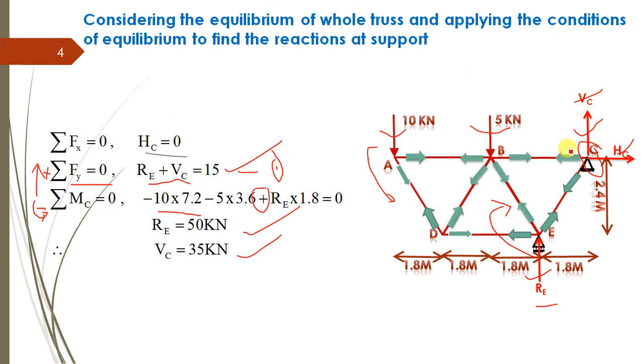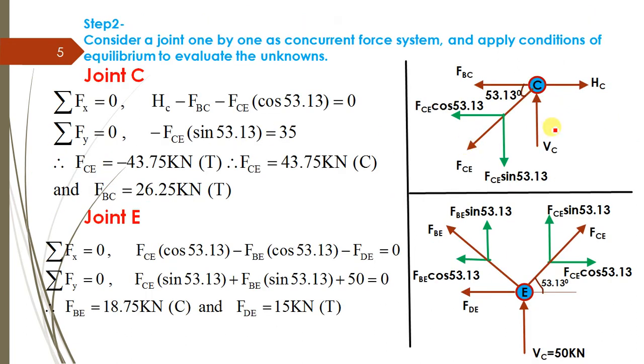So what are the forces in joint C? The forces are VC, HC, force in member CB and force in member CE. So four forces are there. If we consider the free body diagram of this joint, we have to show these four. I have drawn this free body diagram; instead of here, I have drawn VC in a downward direction. Okay, you can show here also or here also. There is no harm in that because this is by the principle of transmissibility. You can show the force anywhere on its line of action.